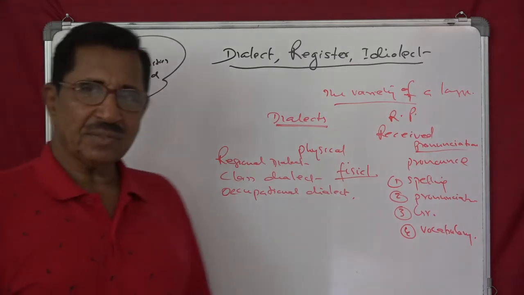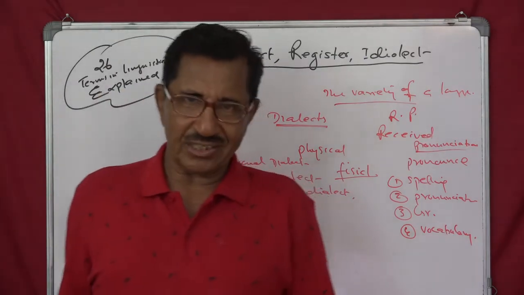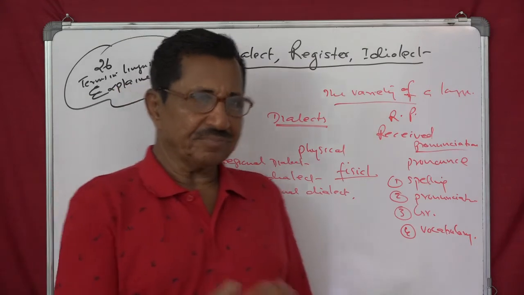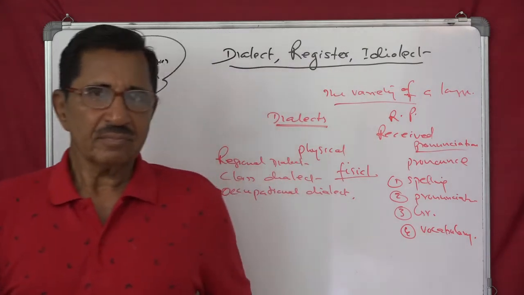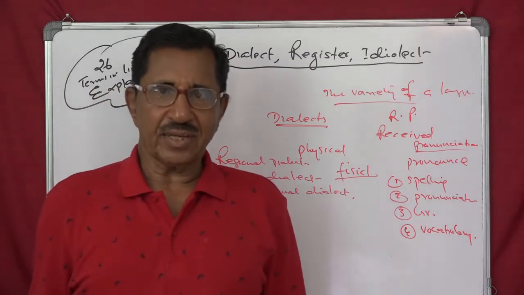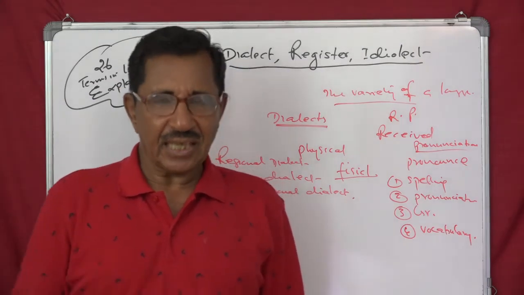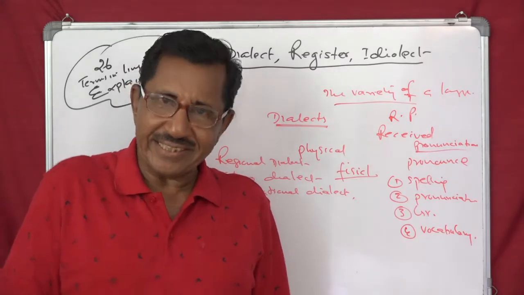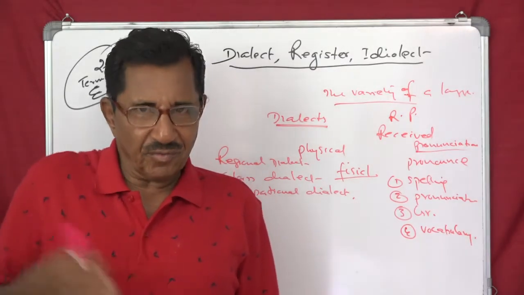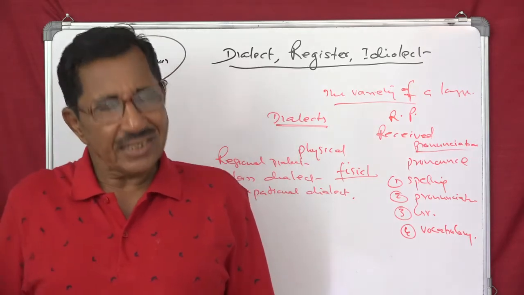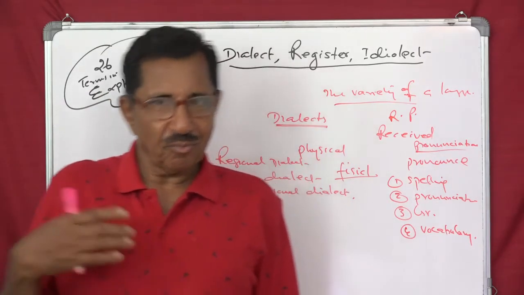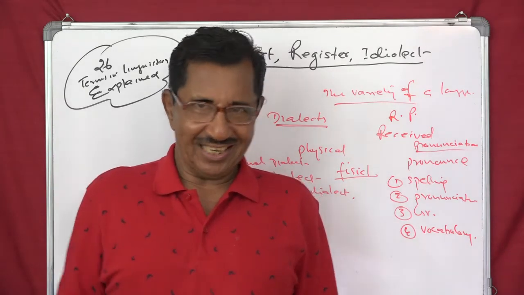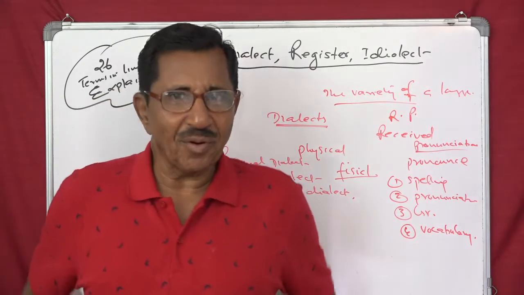And then occupation means, suppose doctors, the medical doctors, teachers dialect. Then you have other occupations, like engineers dialect, because in that language there will be more words related to engineering. For doctors, there are more words related to medicine. For teachers, there will be more words related to teaching. Understand? This kind of thing will be there more.